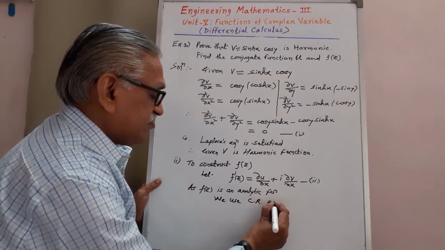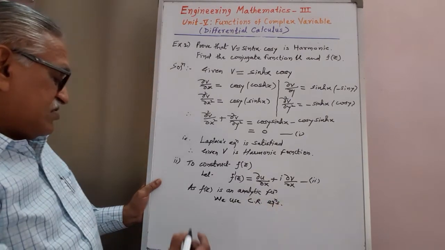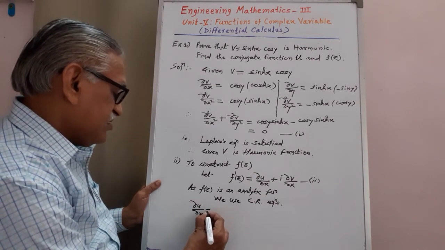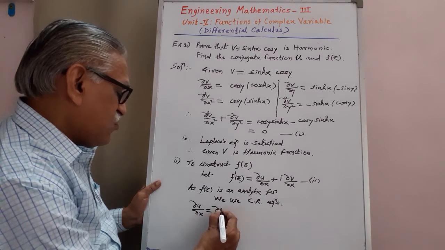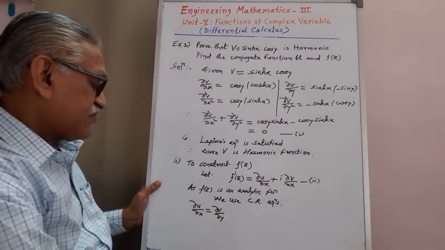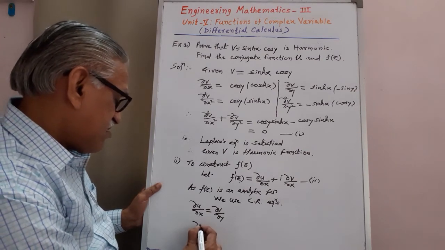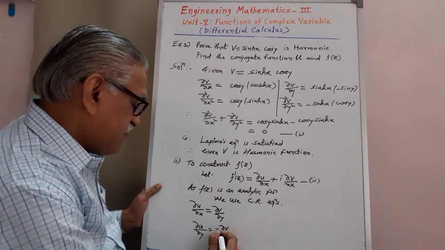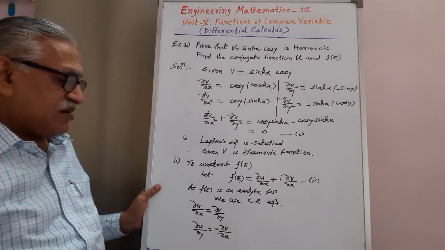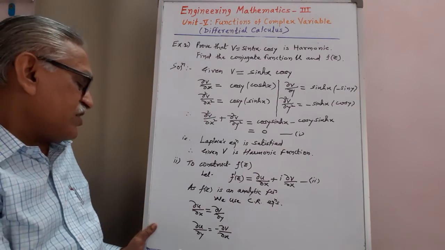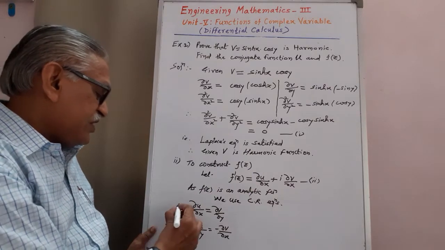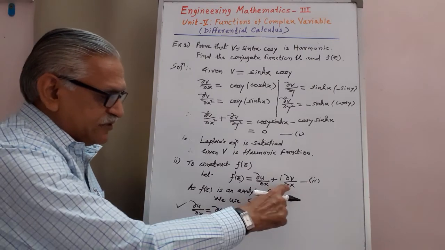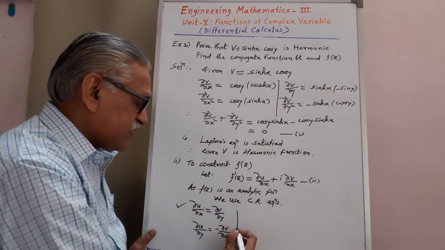see our equations. First one is dou u by dou x is equal to dou v by dou y, and second, dou u by dou y is equal to minus dou v by dou x. We take the help of this CR equation. Therefore, here we require dou u by dou x, and therefore we use this first CR equation. Dou u by dou x is equal to dou v by dou y. Substituting this in equation 2, therefore that equation 2 becomes